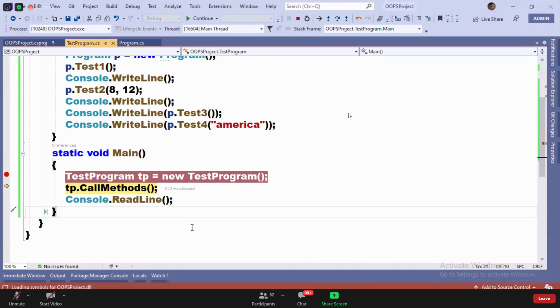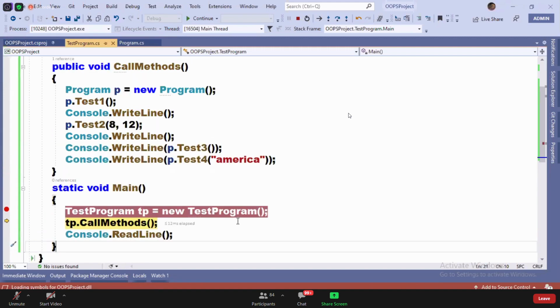But without pressing F10, press F11. Guys, F11 means step into. Now it will step into the method. Watch it, guys.